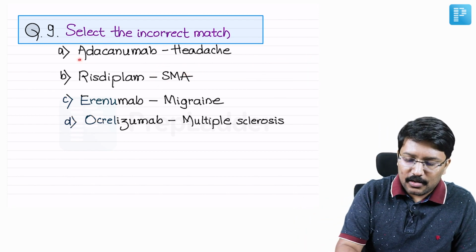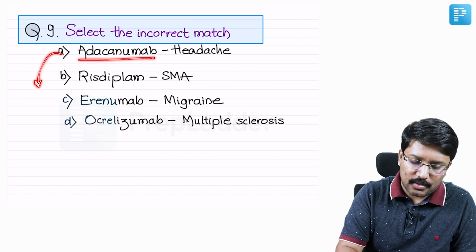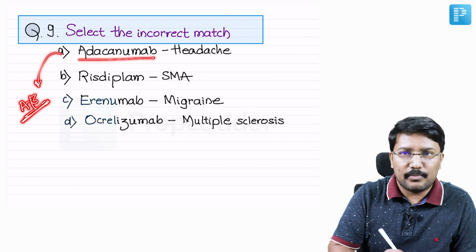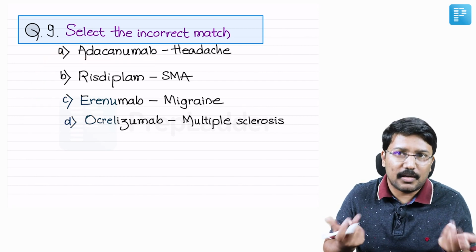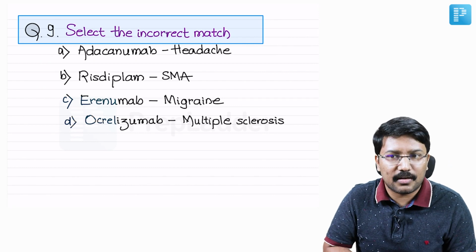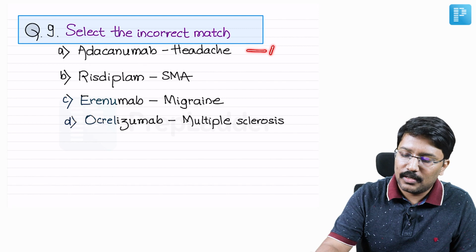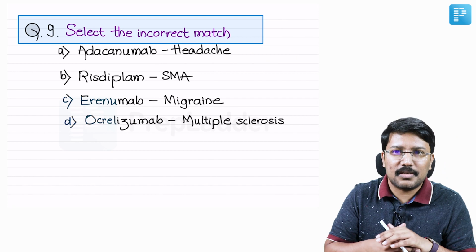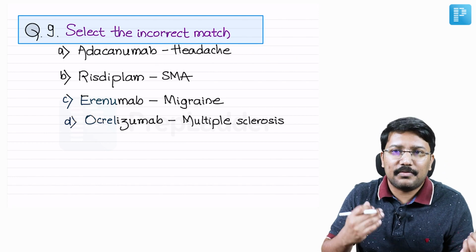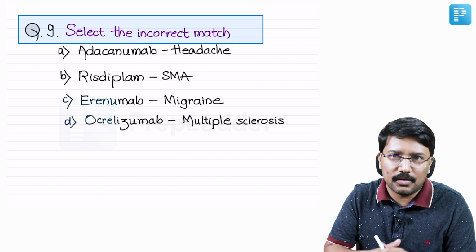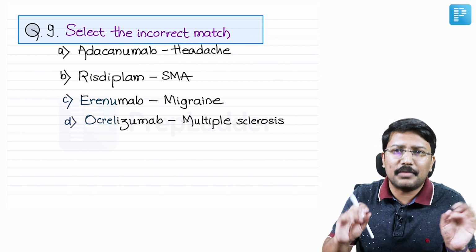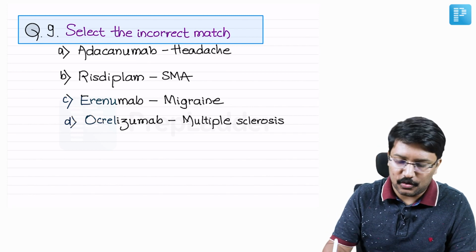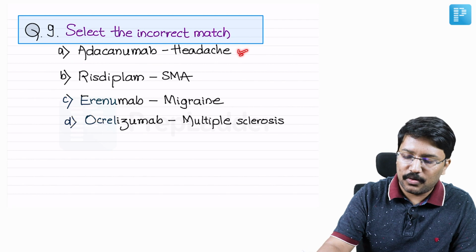Okay. Now adacanumab, right? This is a drug which is actually a monoclonal antibody against A beta amyloid. So we know what amyloidopathy we should be targeting when we are using this drug, right? This is approved for Alzheimer's disease. It was recently approved just last year, and that stirred a lot of controversy because the FDA was said to have bypassed certain stringent rules to facilitate this drug's approval. So that was in the news, right? Even if you have not read books, if you have read newspapers, you would be aware of this. Adacanumab is approved for Alzheimer's disease, not for headache.